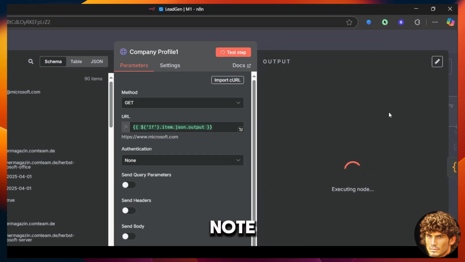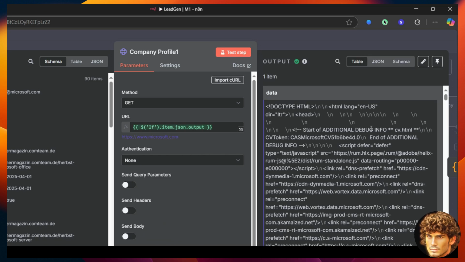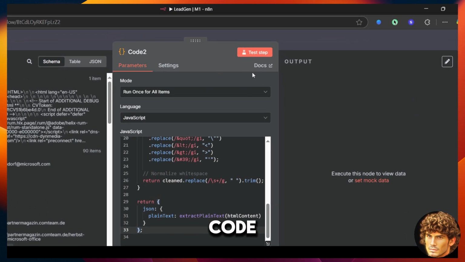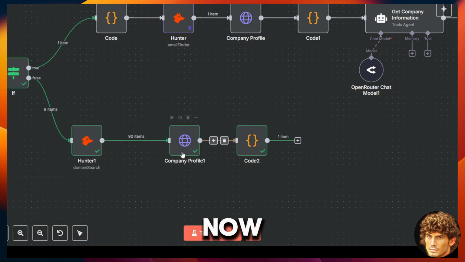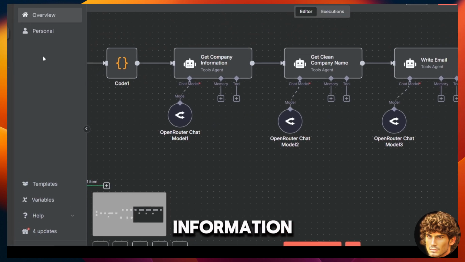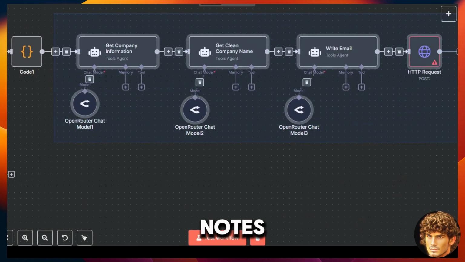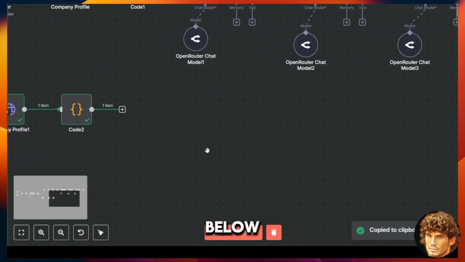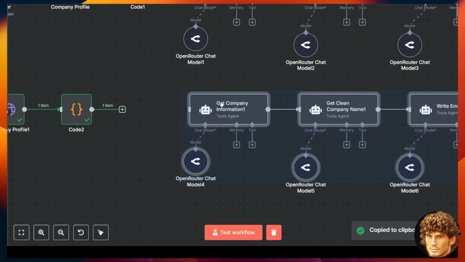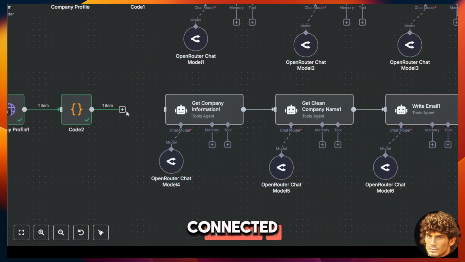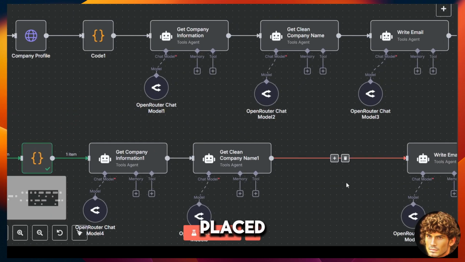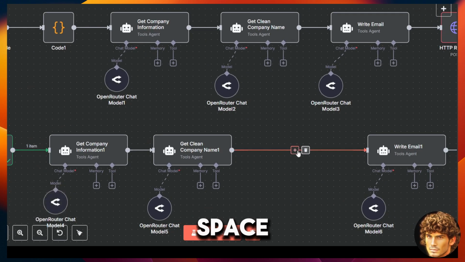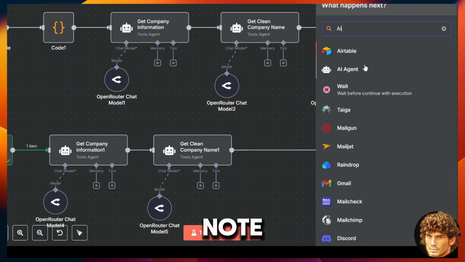Now I'll run this node and it's going to scrape all the information from the company's homepage. Now I'll run the code node again, so it cleans the HTML to give us the company information. So now we have all the leads and the company information. I'm going to copy all these 4 nodes and paste them below and connect it to this one. So now I pasted all the nodes below, but I've made some space here because we'll be needing one more node,